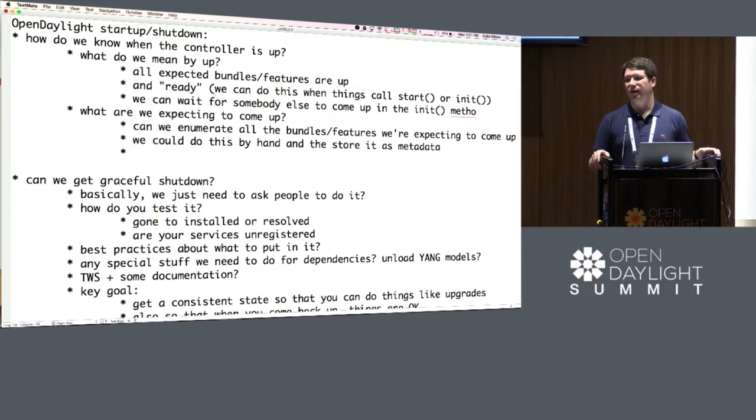Well, no, but the question is, how do you tell, when I run the controller? When I'm running test A, I need the OpenFlow plugin and OVSDB to come up. But when I'm running test B, I don't need either of those to come up. I just need NETCONF to come up, and to understand that those two are different. Okay. If you use blueprint